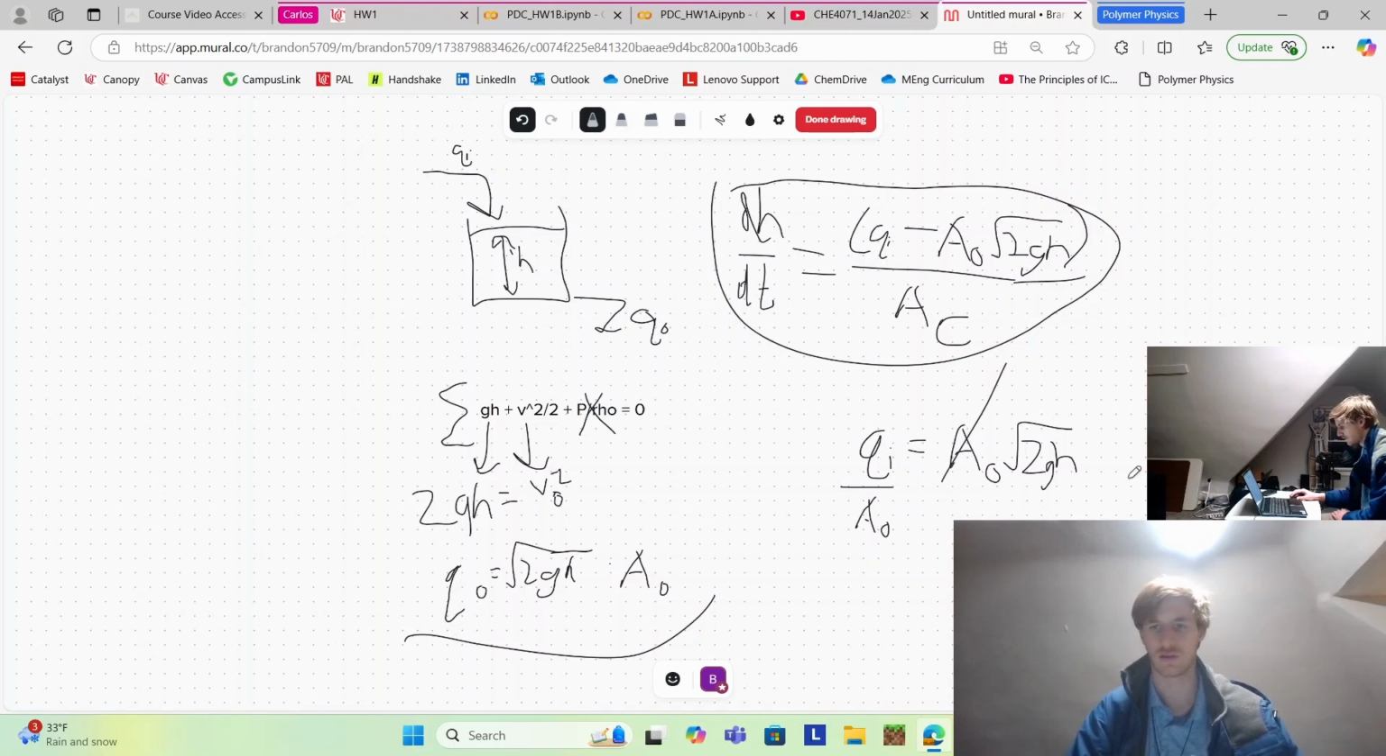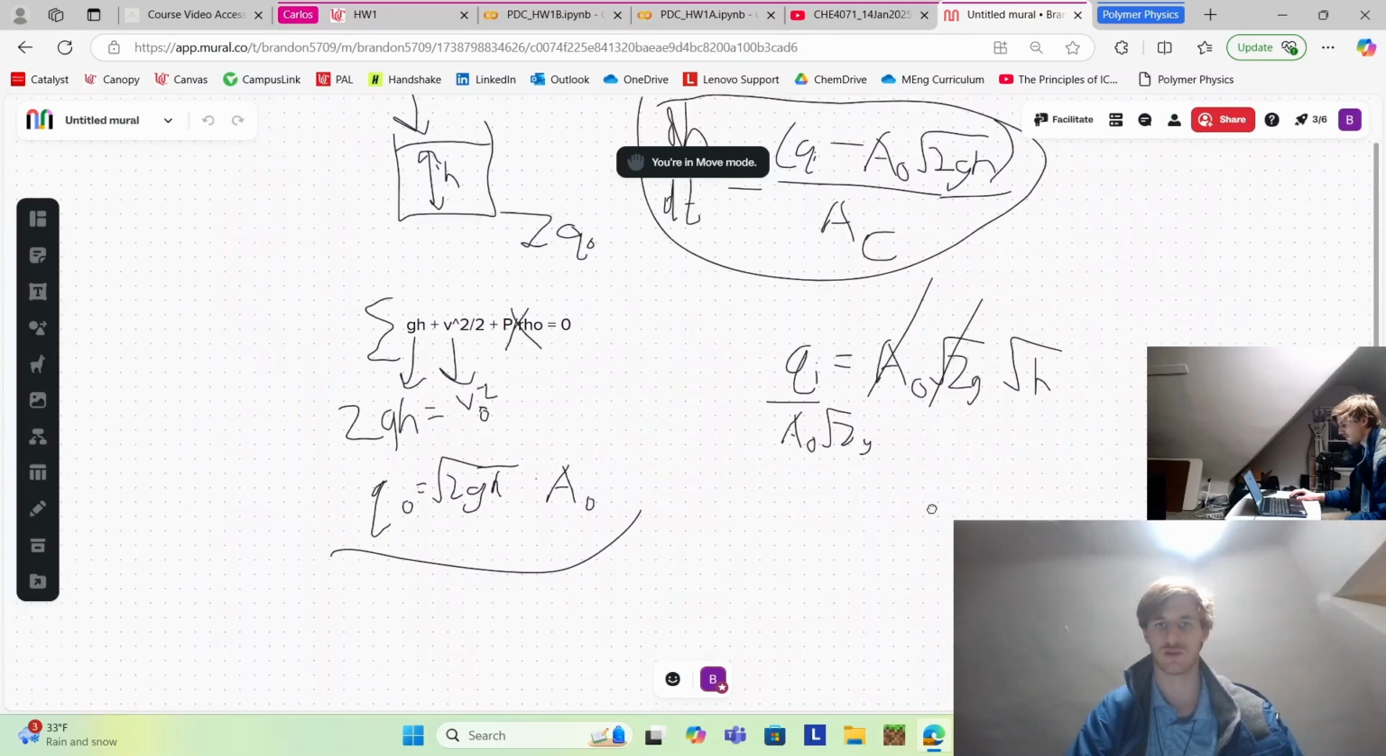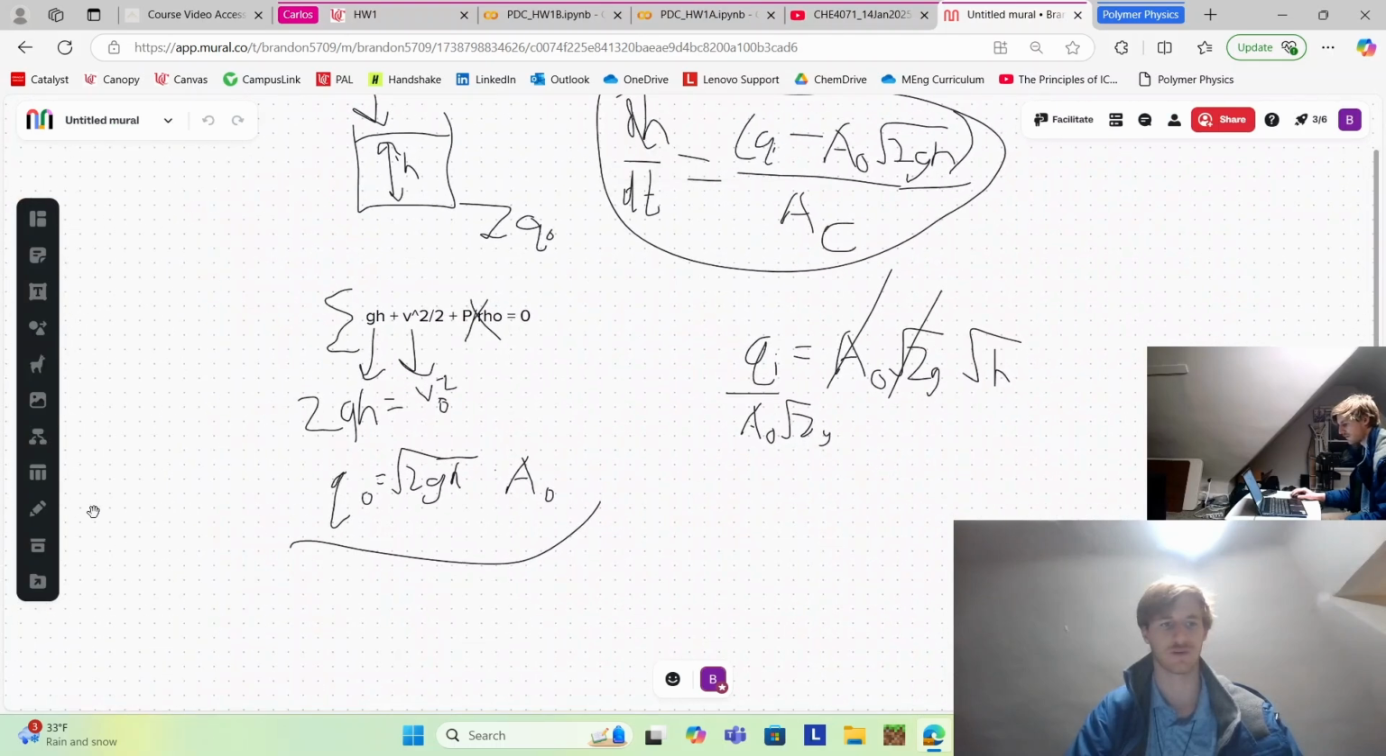And what I will actually do is separate 2G from height, because height is our variable of focus here. And then that just shows that we can also divide by the square root of 2G and cancel that out. So now, squaring both sides,